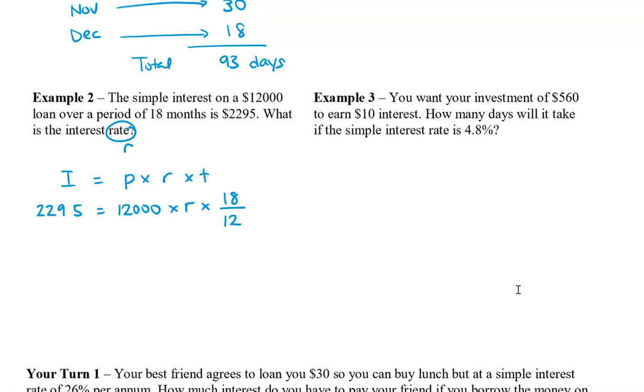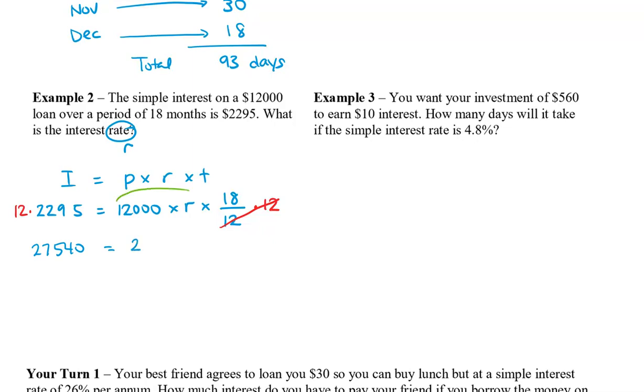So we're going to have to do a little bit of algebra here. So the first thing we're going to do is multiply both sides by 12. Or that's what I would like to do, so I can get rid of the fraction. You can also multiply by the reciprocal, or you can divide by 12,000. I've just chosen to multiply by 12 first. And remember, we only need to multiply it once on the right side because the other operations are also multiplication. So here we have 12 times $2,295, and we can type that into a calculator, and we get 27,540,